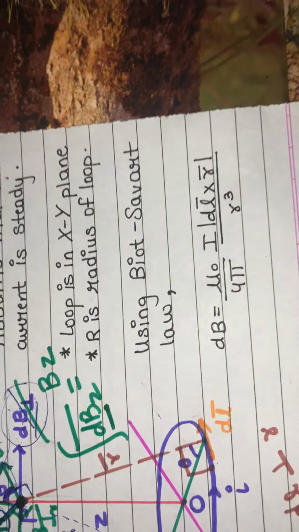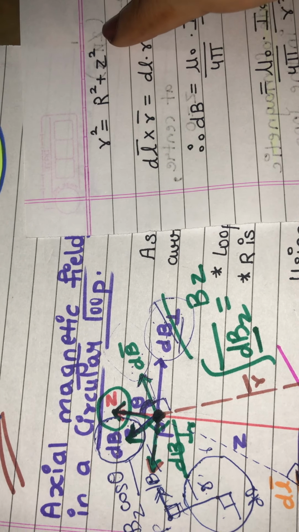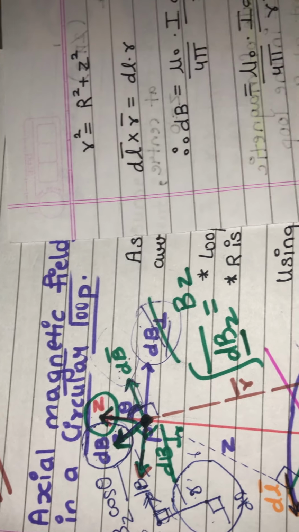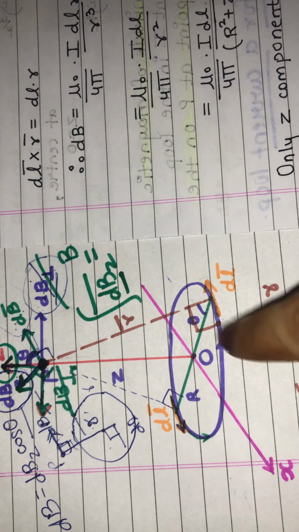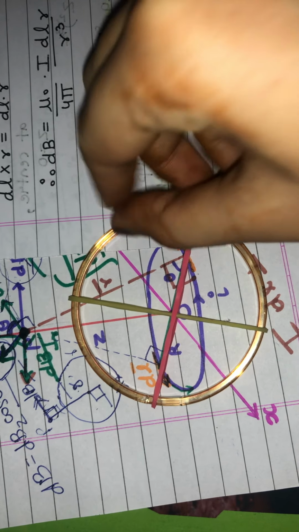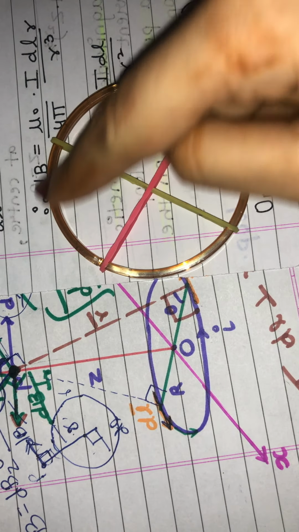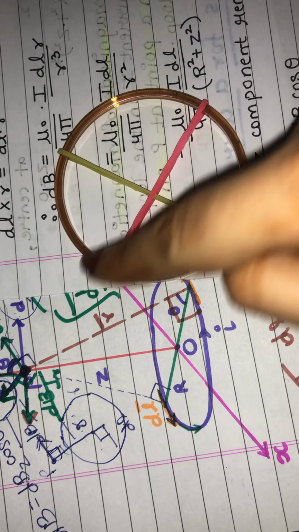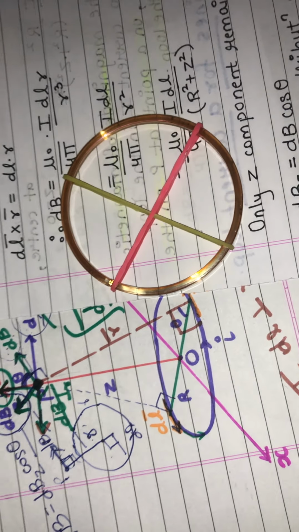After that, now what is r? r is square root of R square plus Z square. How did I come to know that r is R square plus Z square? Now let me show this. If you didn't understand how the loop is carrying current in x-axis and y-axis, so this is how. This is the loop carrying current. Here I will show so that it will be clear. This is the current loop. This is my y-axis, this is my x-axis, and this is my z-axis. This is my z-axis perpendicular upwards.